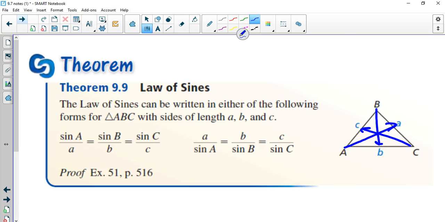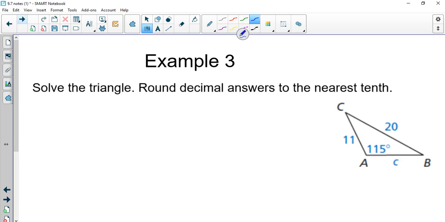And it's a simple ratio. The sine of one angle over its corresponding side equals the sine of the other angle over its corresponding side, and so forth. And it doesn't matter what's on top. Letters are angles. So let's do this. So, for example 3,